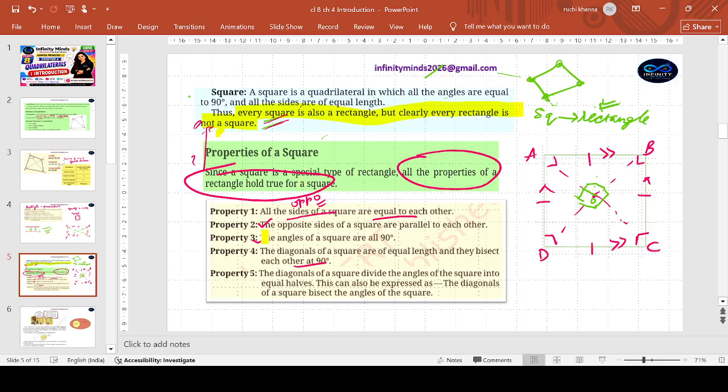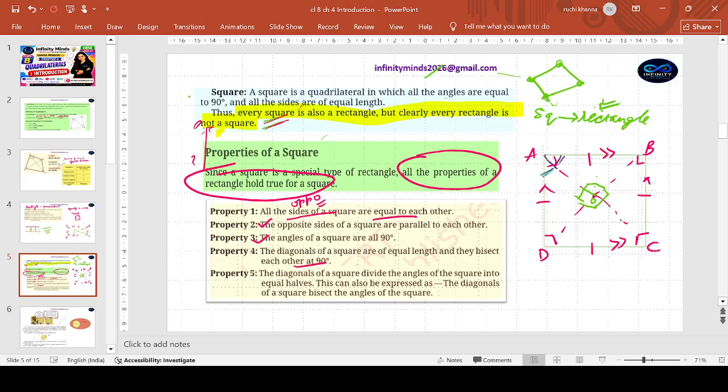Let us proceed. Okay, property number 5. Diagonals of a square divide the angles of the square into equal halves. This can be expressed as: diagonals of a square bisect the angles of the square. Yes, as this is also an extra condition which is not there in the rectangle. The diagonal AC